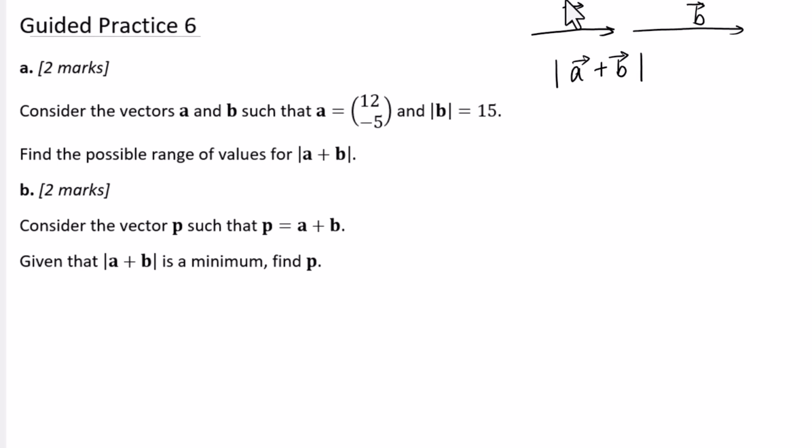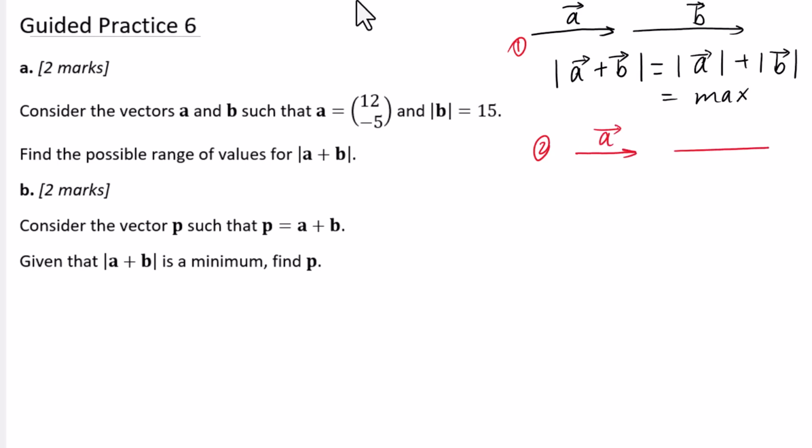We do know when vector A and vector B have the same direction, absolute value of vector A plus vector B equals absolute value of vector A plus absolute value of vector B. This is the maximum. When vector A and vector B have the opposite direction, then absolute value of vector A plus vector B